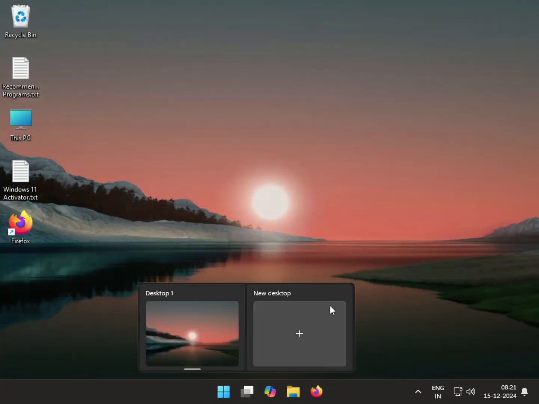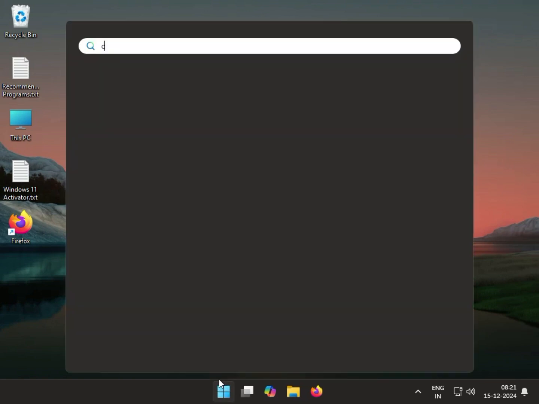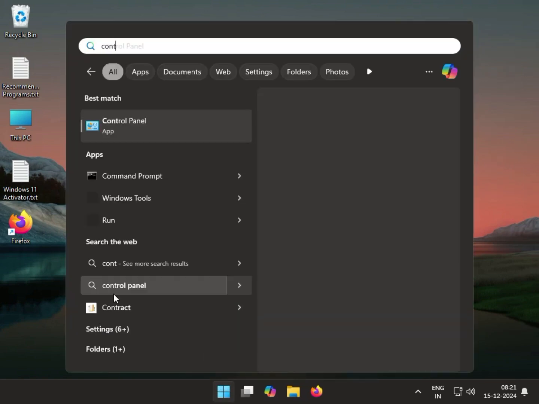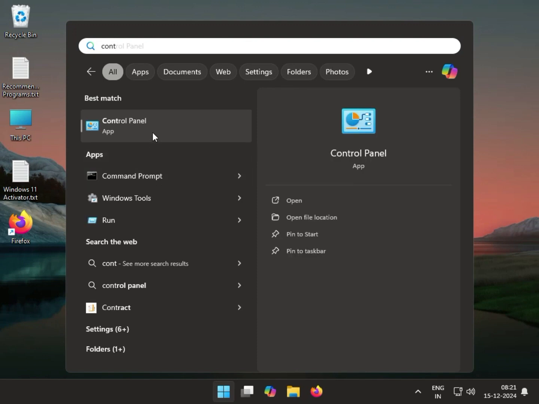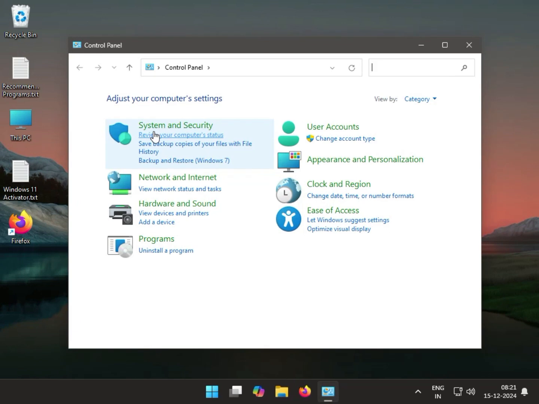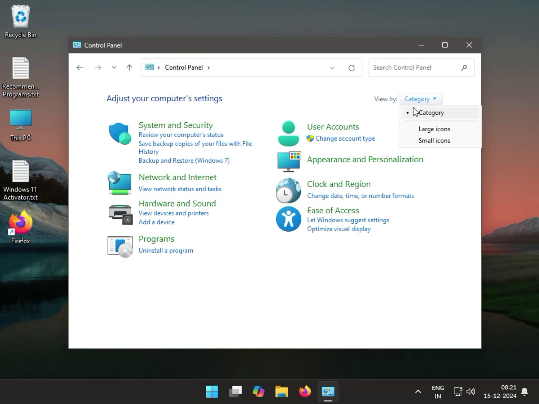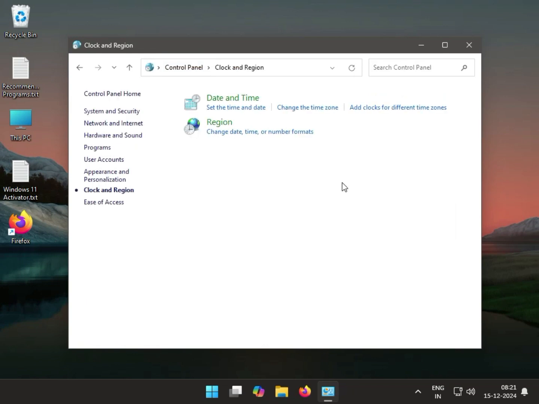Next guys, verify your date and time. So click to start, type control panel, then clock and region. So select category, then, okay, then click to date and time